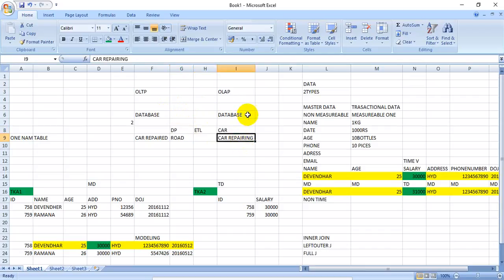Here the car repairing center is nothing but an OLAP database, and the repaired car, and the car is repaired. Who repaired the car? Modeling persons. After doing the modeling, the car is repaired. Now in the same way, after doing the modeling, the data will appear in this structure which is required